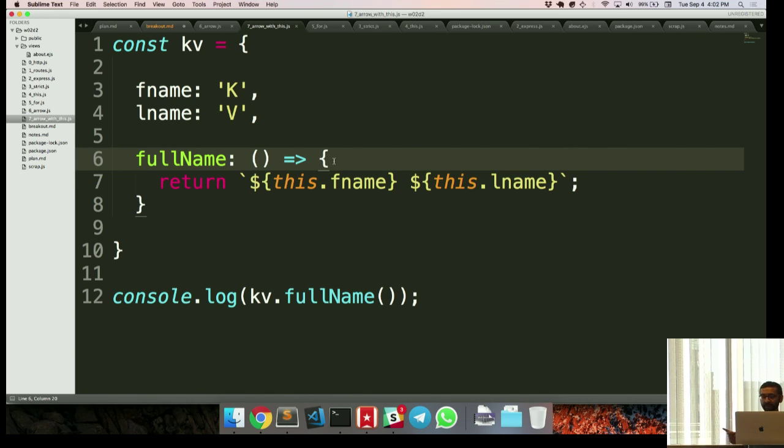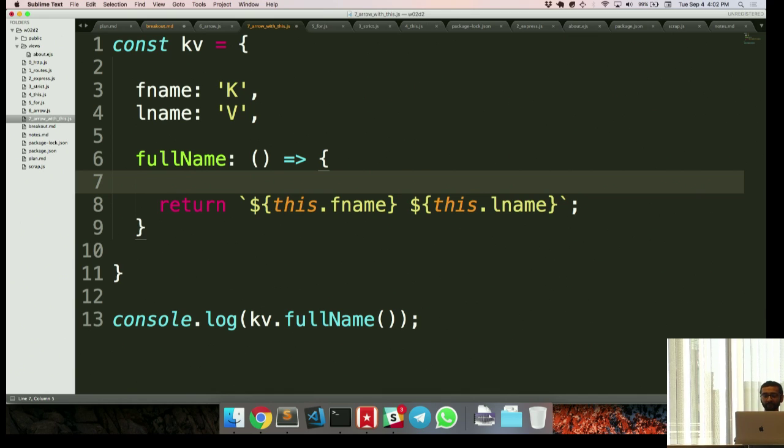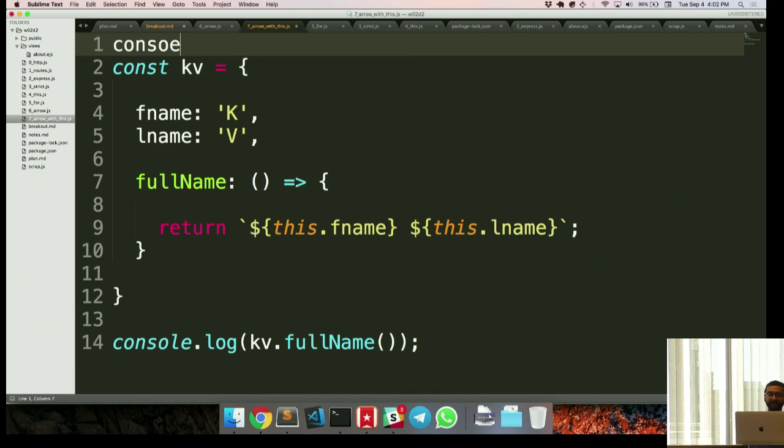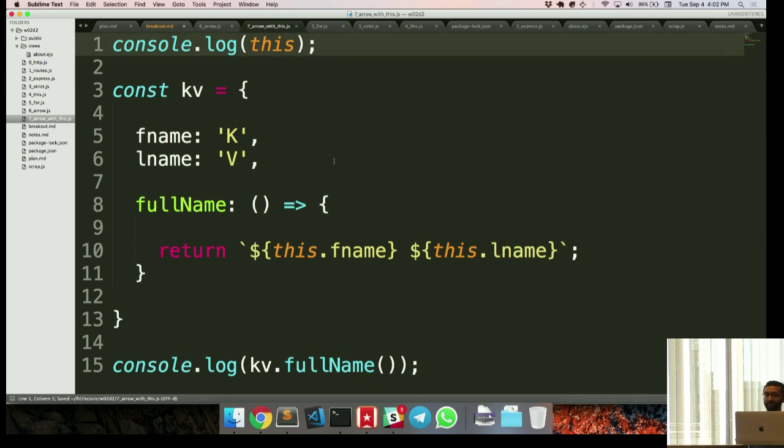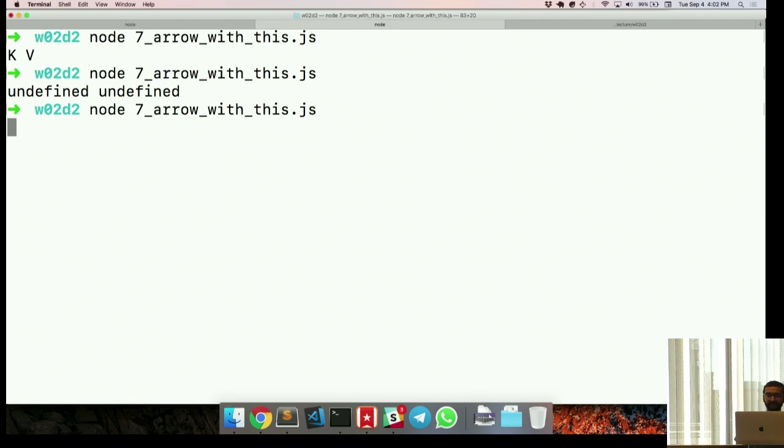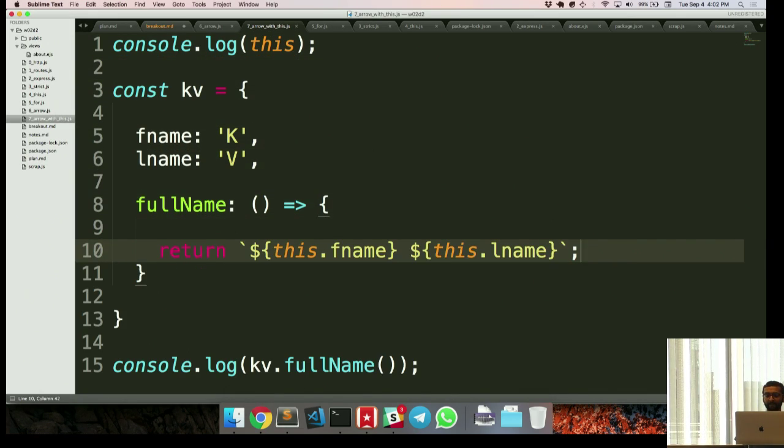But remember that we saw that difference when we did it with Node as well. We're again going a little bit off track here, but we saw the same problem when I console log this up here without using strict, no, you get an empty object. And so my guess is that here, this is actually referring to that same object. And that's why you're getting undefined here.